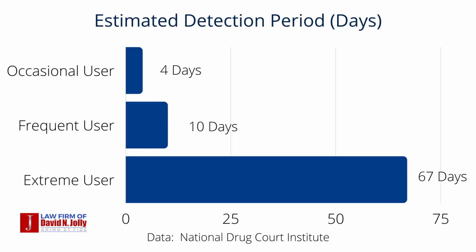Remember, carboxy THC will remain in your system days or weeks after marijuana use, and a urinalysis test will detect these substances if they are in your system. According to the National Drug Court Institute, occasional or first-time cannabis consumers will probably test positive for 1 to 3 days. Infrequent users may test positive for at least 4 days, and frequent marijuana users can expect to test positive for 10